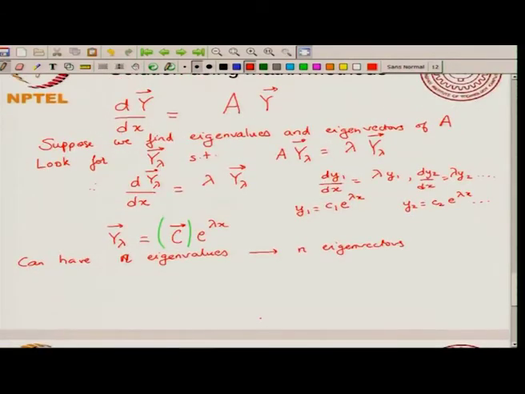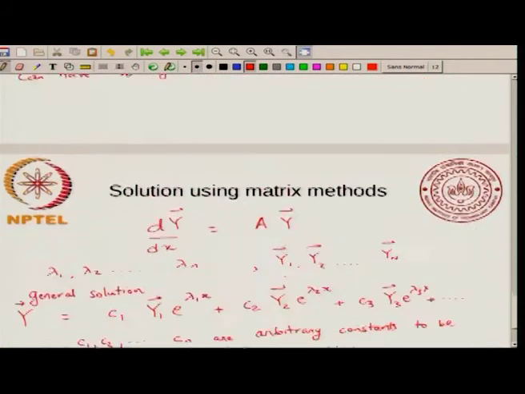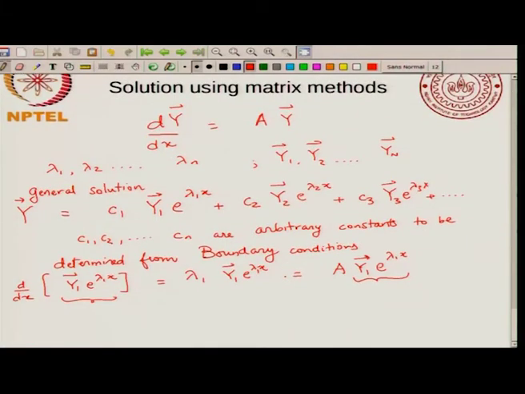So what we have to do is to find these eigenvectors, and these eigenvectors satisfy this differential equation, because dy by dx is Ay, which is A times y lambda, which is lambda times y lambda, and what that gives us is that dy lambda by dx is lambda times y lambda, and this immediately tells us that y lambda should have this exponential factor. We can go ahead and write it as some constant times an exponential, and since we have n eigenvalues and n eigenvectors, we can write the general solution in this form.